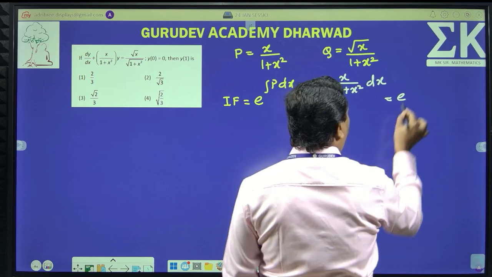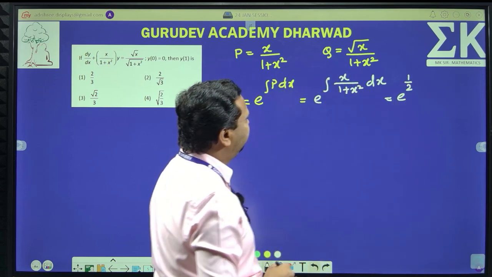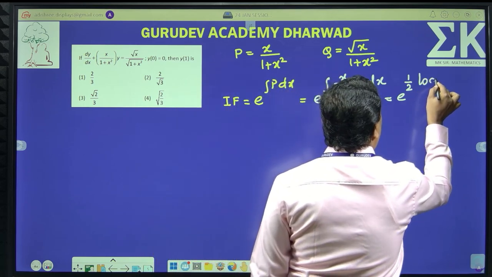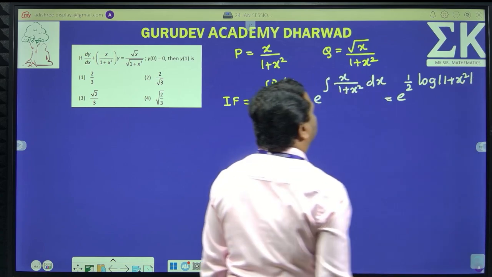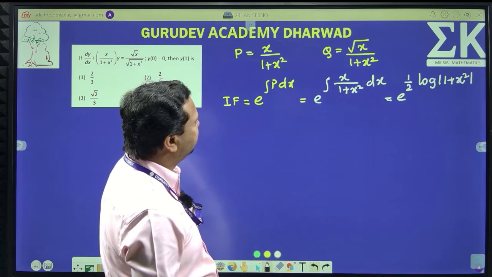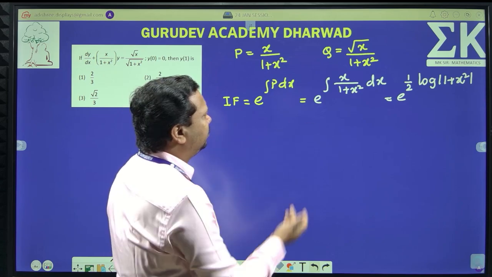Is it in the form of 1 divided by 2? The differentiation of 1 plus x square is 2x. So, can we take it as log mod 1 plus x square? Isn't it? Because the differentiation of 1 plus x square is 2x, and 2 was not there, I have balanced it by multiplying and dividing by 2. So, that becomes